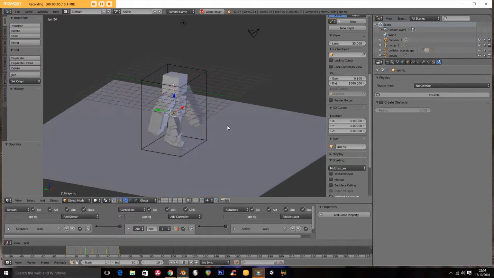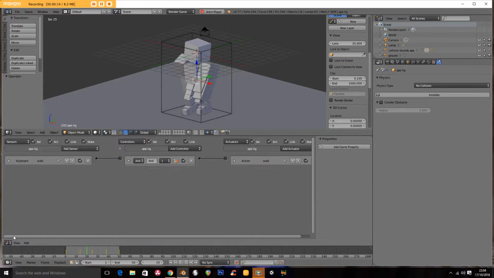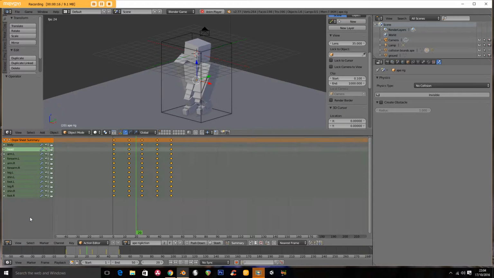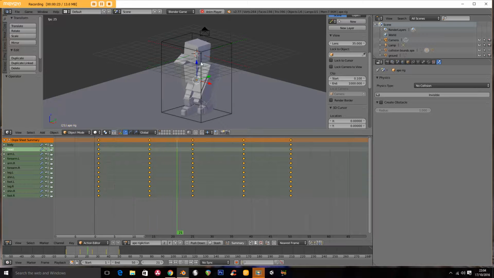What we got here is our character walking, and we made a simple enough walk cycle. So I'm just going to have a quick look at that in our dope sheet. So there he is there. He has a 50 frame walk cycle, and if I hit escape here and in Blender game I hit P,